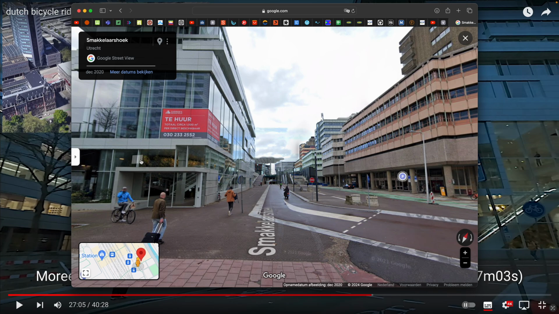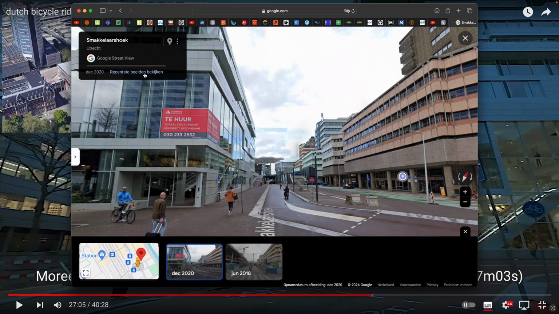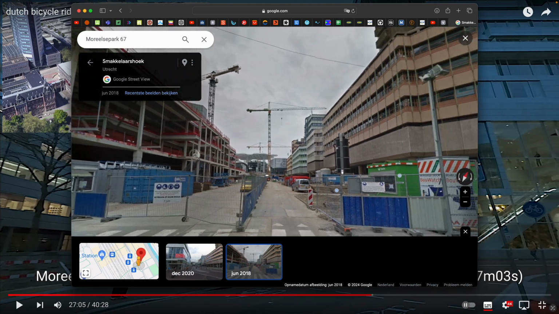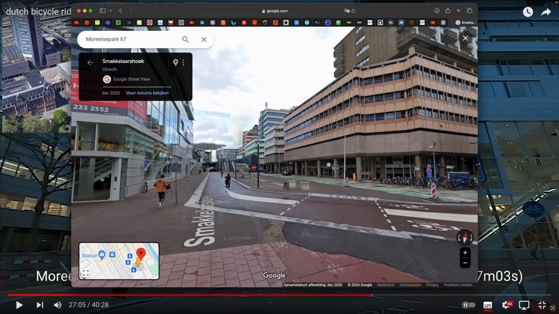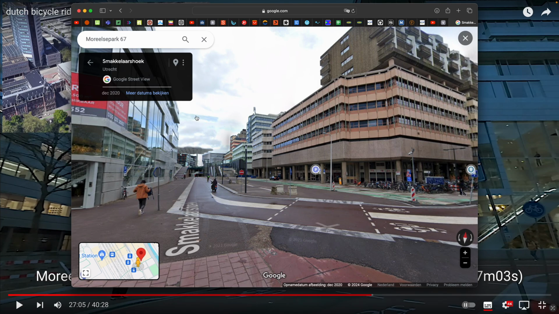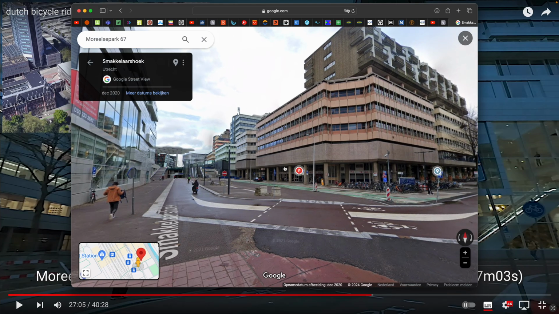And again, this is an interesting area because it has been redone in the last few years. Because of the underground, we can probably see when it was opened, because I can click here more dates and you can see there's two dates, 2020 and 2018. You can see in 2018, this area was not fully done. And you can do this anywhere in the world, right? This is not specific, this is more like how to use Google Maps. But if I walk around and put this on Recente, the recent ones, you can see if I jump around, and this is kind of a special area because they've been rebuilding, so the Google car could not drive everywhere. If I jump here,